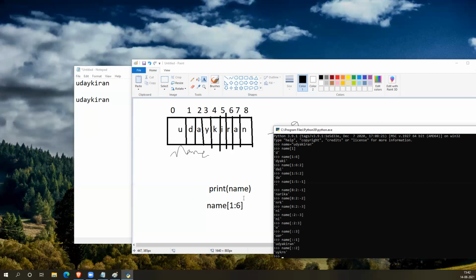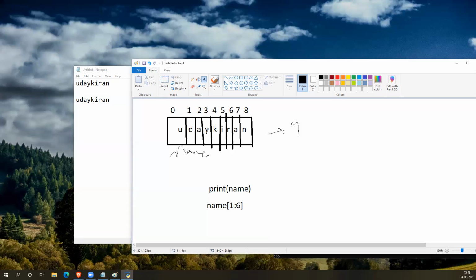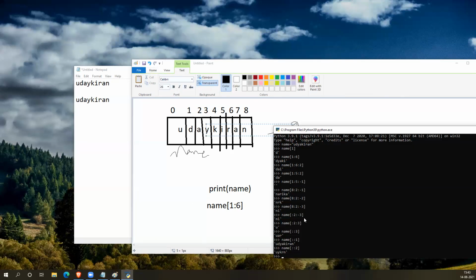If I keep the step size as 2, it will print U, then plus 2, U, D, A. Let me keep 0 and 8. The step size is 2: U, A, and so on. Let me keep the step size as 1 to make it different.